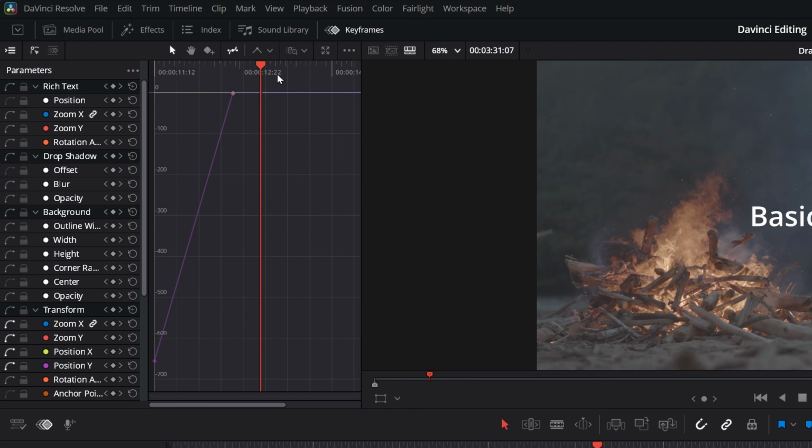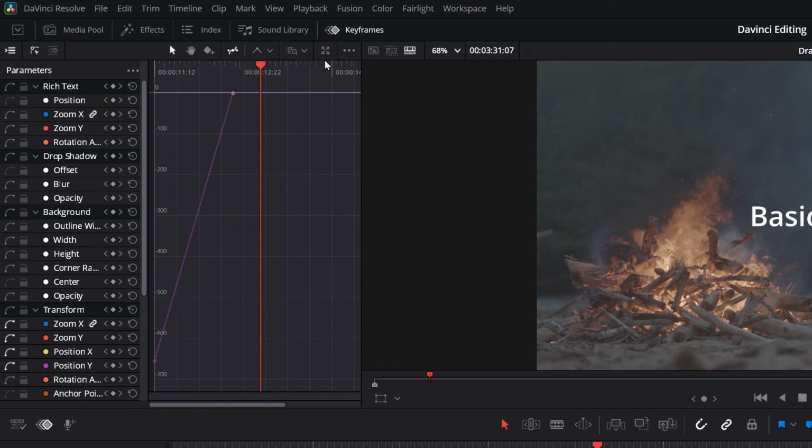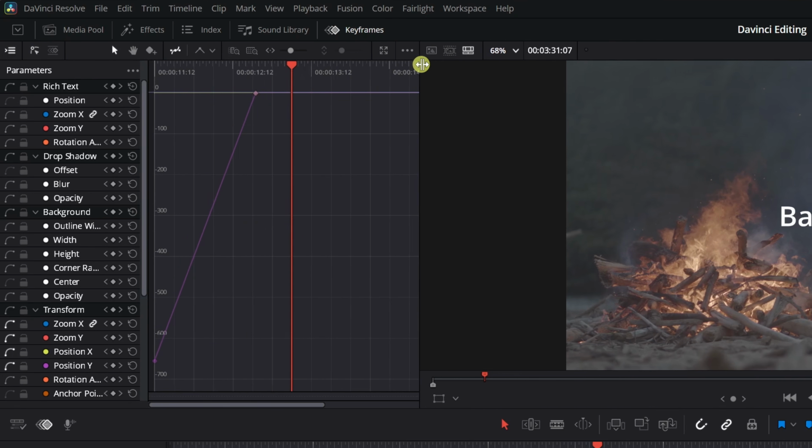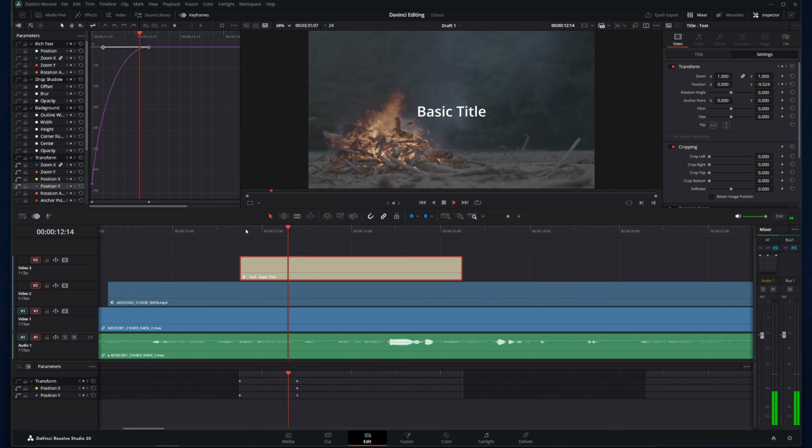We'll notice this view comes with a lot of different options that the lane view doesn't have. And I'll drag this window over a little bit so you can see all of them. Now we can choose to ease in and out of our keyframes. If I select the frame, click the Ease In button, the graph of movement smooths out, and I can adjust the smoothness with this handle. That covers the basics of keyframing, and there is a ton of functionality here if you want to learn all of it.